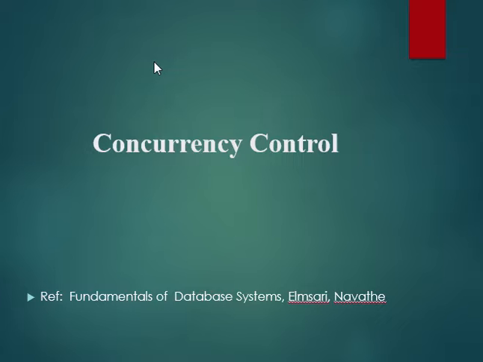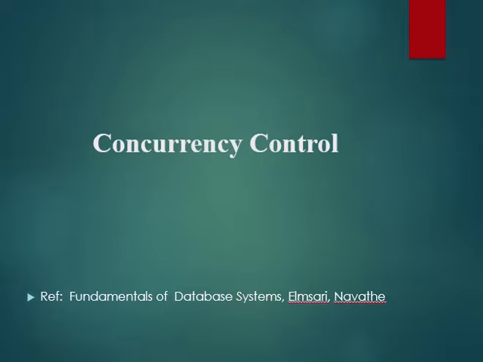So next we need to look into the concurrency control mechanism mainly used in database management systems. We already studied that we are dealing with concurrent users in the database. So we must have some mechanisms to control the operations of these concurrent users, because there may be some problems that can happen in this type of database management system. In order to avoid these problems, we have to use some mechanism to control the simultaneous or concurrent users.